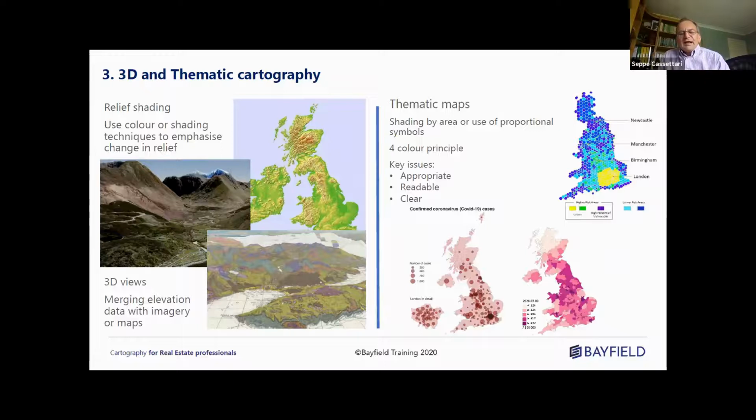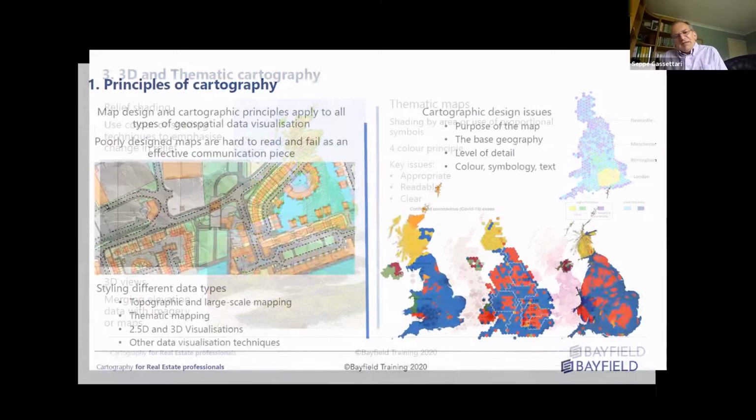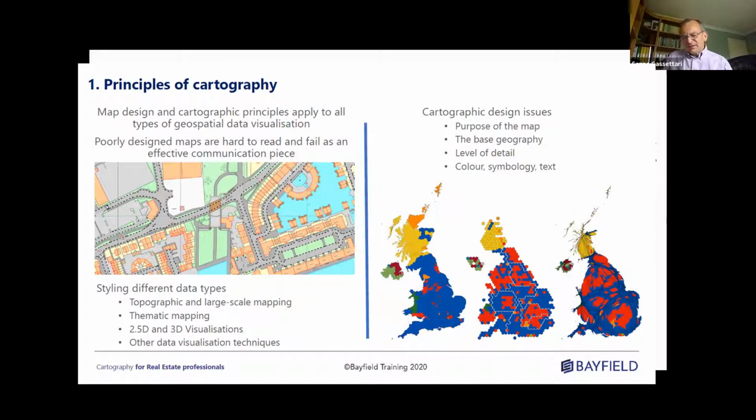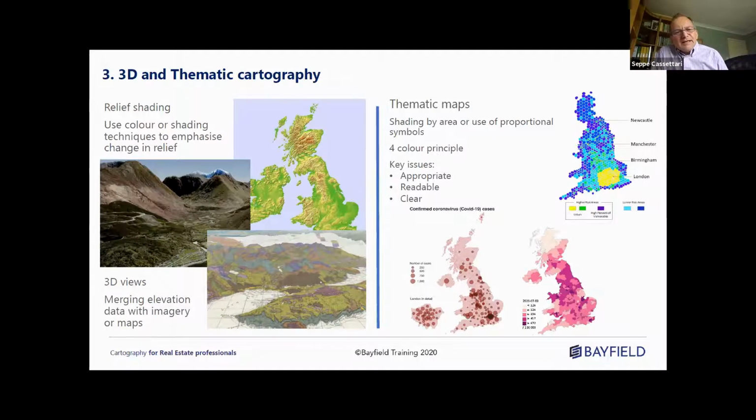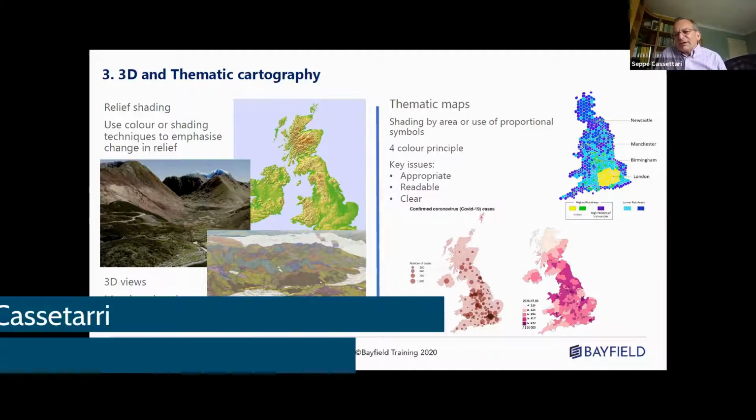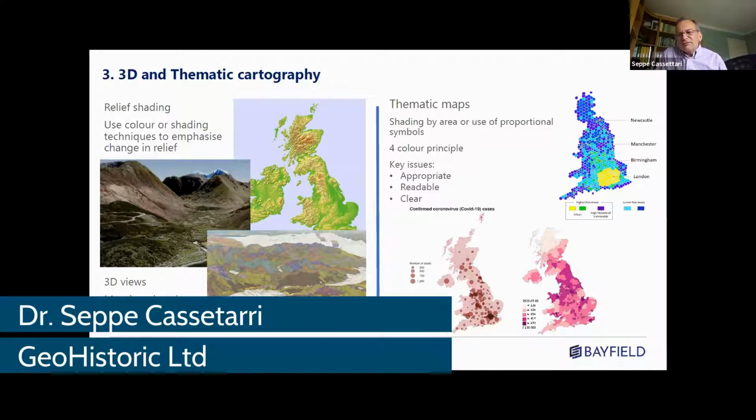So cartography takes many forms. In the first slide, we showed an Ordnance Survey map version of MasterMap, which was using a standard legend. Many people would just download that sort of data and use that legend. But if you buy data online, particularly from suppliers of Ordnance Survey data, you'll find they quite often give you different cartographic presentations of the data. It's worth looking at different offerings to see what works best for you within the design that you're trying to create.